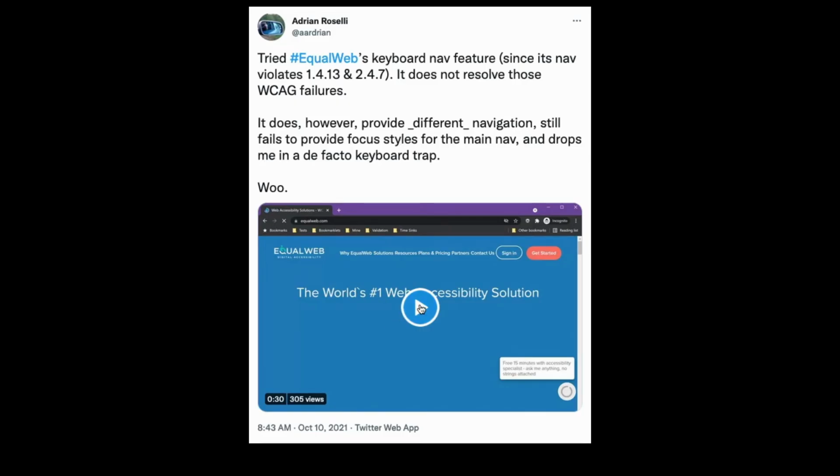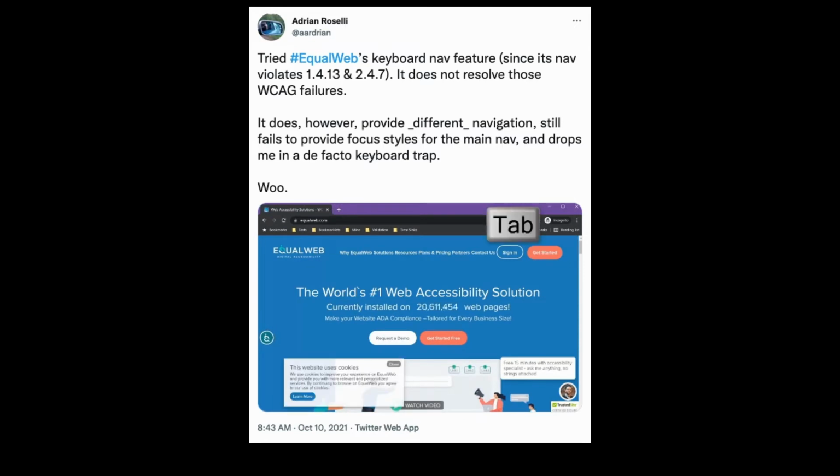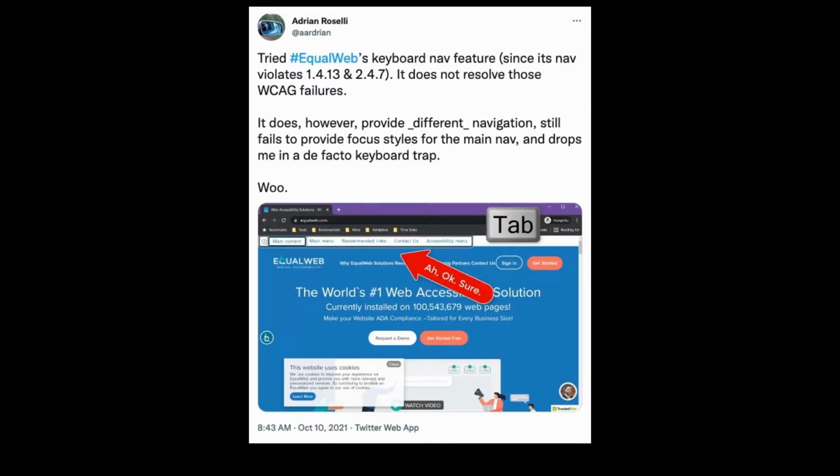He's an accessibility guru and anti-overlay champion. He's showing that the keyboard navigation feature of the EqualWeb overlay doesn't even work on their own site. He's using the tab key to try to navigate, but is having all kinds of problems. For a keyboard user, it's critical that the currently focused element be clearly emphasized. Also, keyboard traps like the pop-up at the lower left make it impossible to navigate the rest of the page if you get stuck there. This is just one example of one overlay, but there are many more out there.